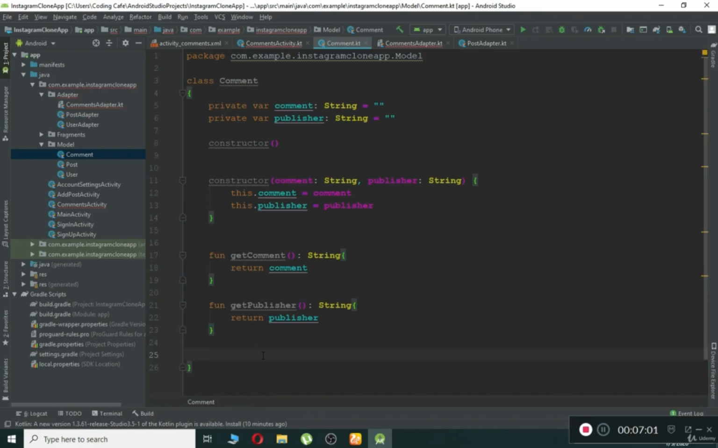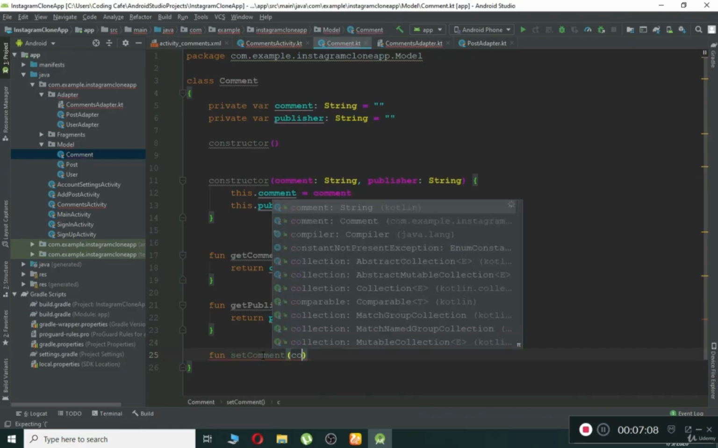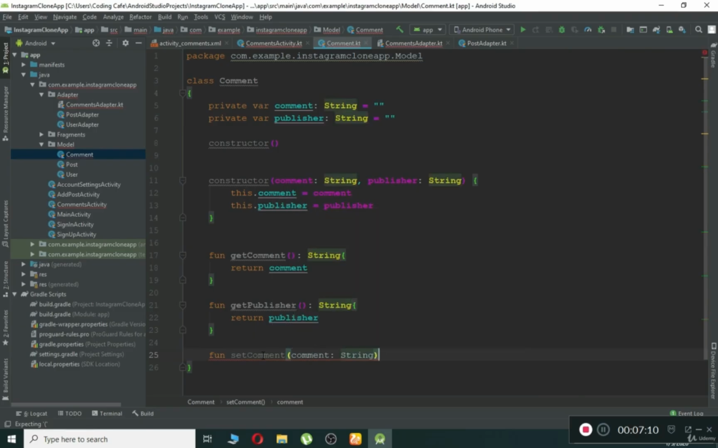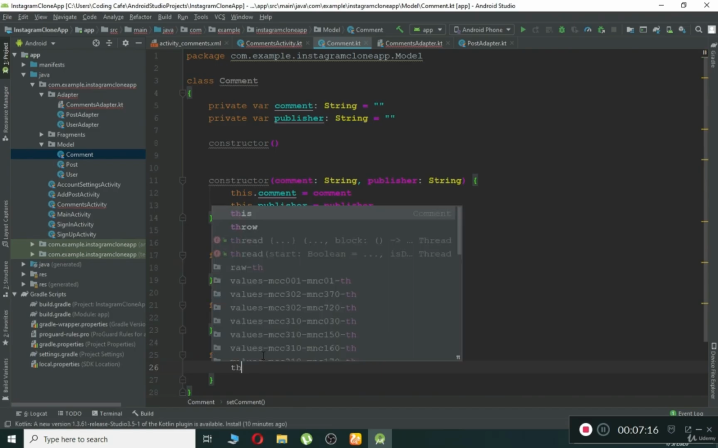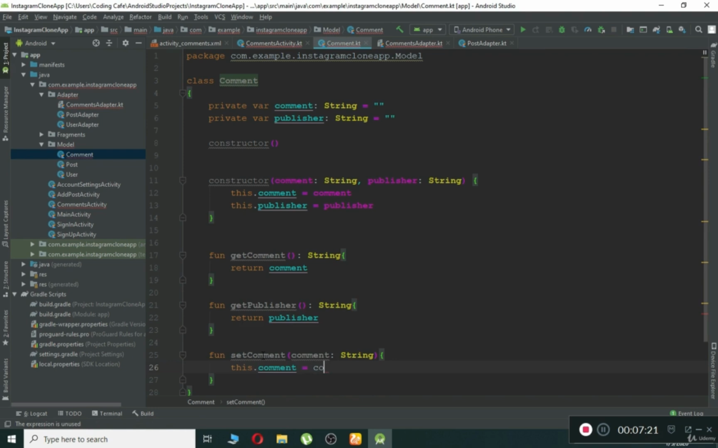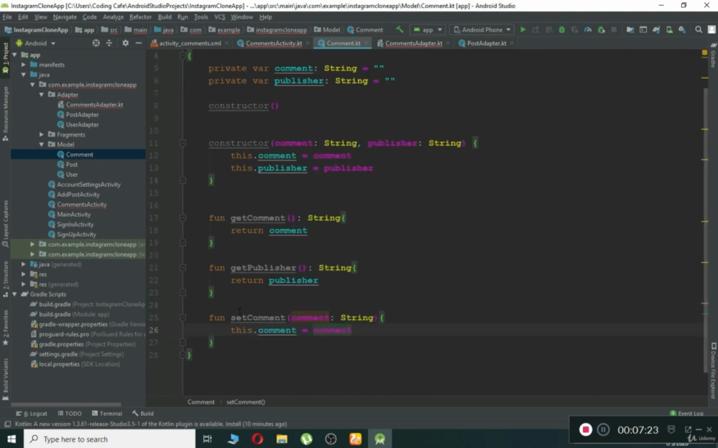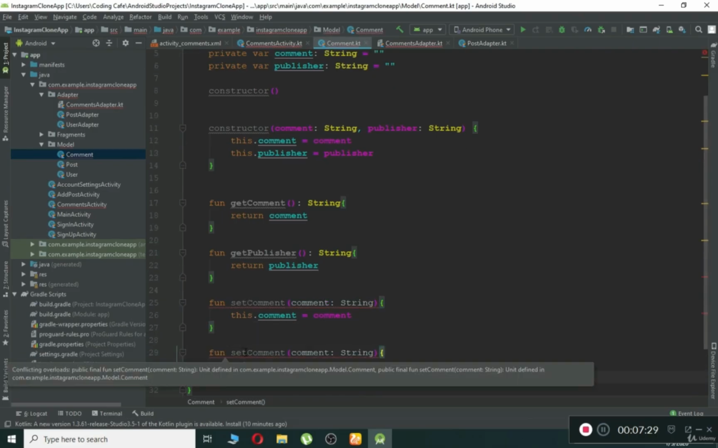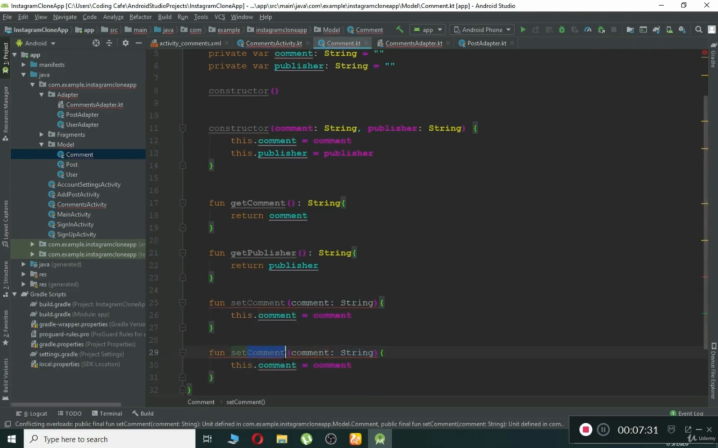So we can say fun set comment, and here we need to say comment. It is of string type, and two curly braces, and in here we can set this dot comment equals to comment. Or just copy paste it for the publisher also. So we can say set publisher,